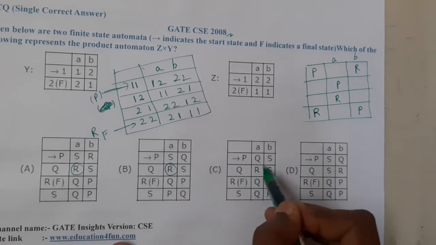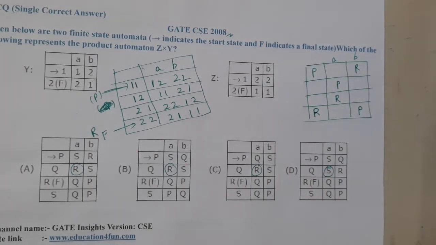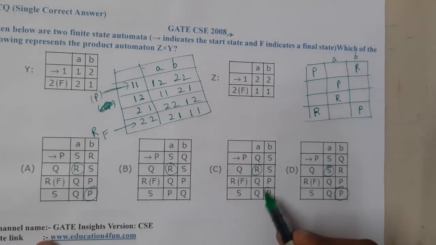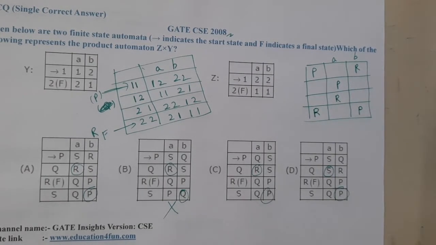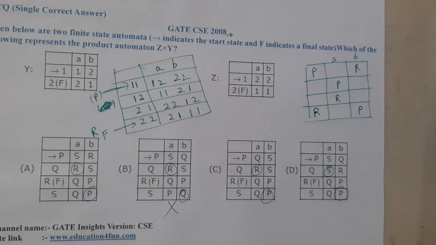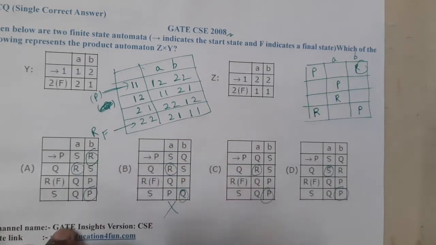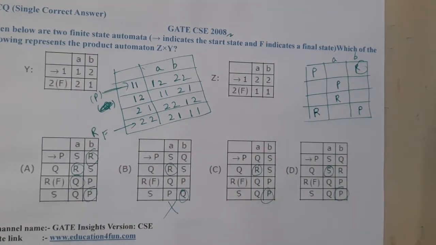R, S. The last P is matched by these three rows. So this is absolutely wrong, because none of them are matching. Here I should have P. I think all the options are wrong, or am I making a silly mistake here? Similarly, this R is only matched by this one. And here also this is a Q, but we are having a R. Give me a second, guys, let me cross check this one.